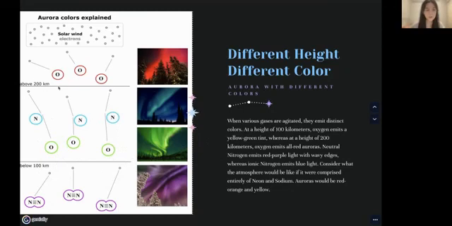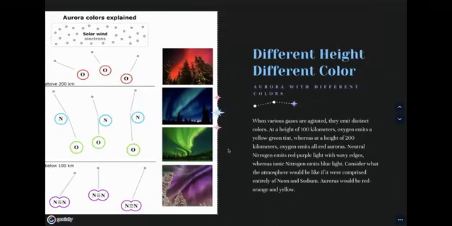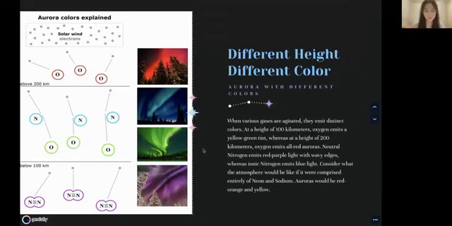Above 200 kilometers, the aurora is red. Neutral nitrogen emits red-purple light with wavy edges, whereas ionic nitrogen emits blue light. Consider what the atmosphere would be like if it were comprised entirely of neon and sodium. Auroras would be red, orange, and yellow.